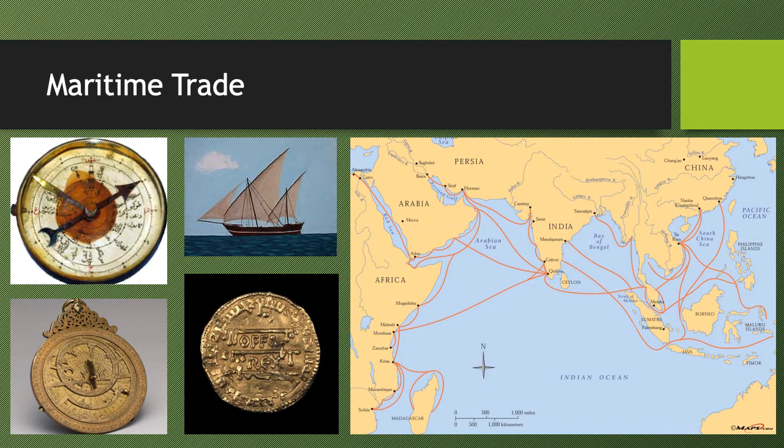And so pretty soon we see better ship designs, better map taking, and all of this is going to contribute to more commerce. And Muslim merchants are going to link the Indian Ocean. They are going to link East Africa, and we'll study that in a different chapter. But in East Africa, a language will emerge that blends Arabic with the African Bantu languages to form Swahili, a language that was created to be able to trade for merchants.